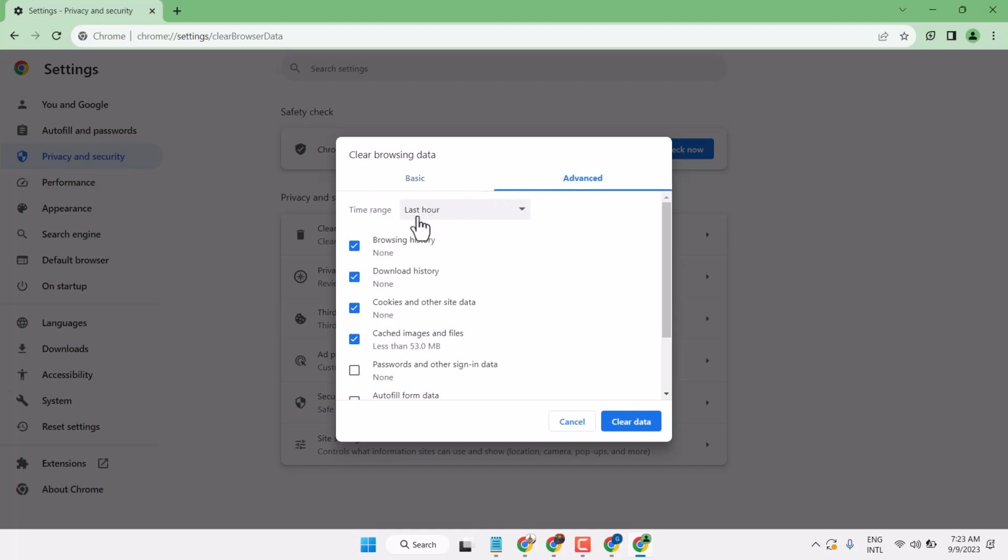Select here Advanced. In time range, you can select your desired and required time range like 24 hours, last 7 days, or last 4 weeks. Also, you can select all time. Here you can select